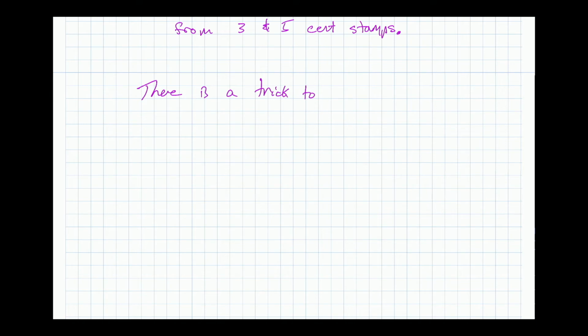To like how to organize the proof. The main idea that you need, and I'm being very long-winded about this because these are problems that people tend to really have trouble with when they try them on the homework, and so I'm trying to do as much as I possibly can here to help you out. So there's a trick to this. The main idea is this.